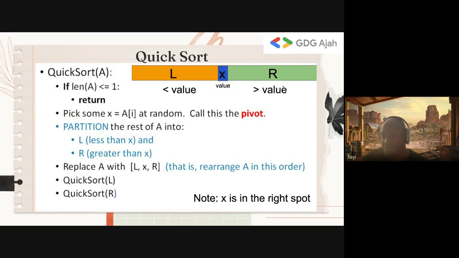Now, when you do that, you have 2 smaller arrays. You can assume that this element in the middle is in the correct position. And this works because if all the elements to the left of this value are less, and all the elements to the right of this value are greater, that tells me that this value is in the correct position in the sorted array, right? This value is going to be in the correct position in the sorted array.